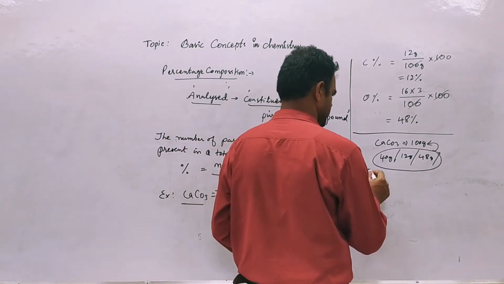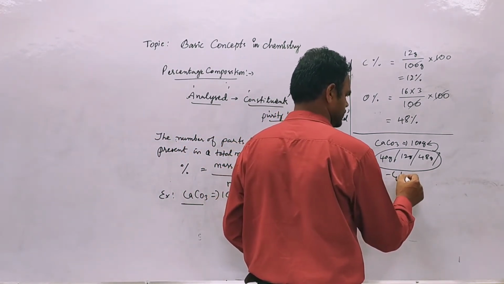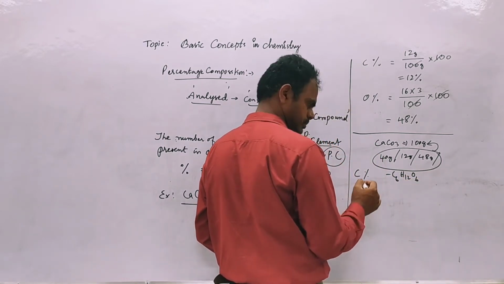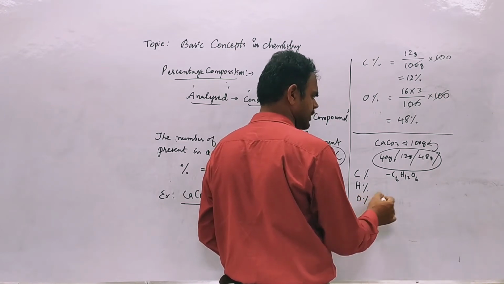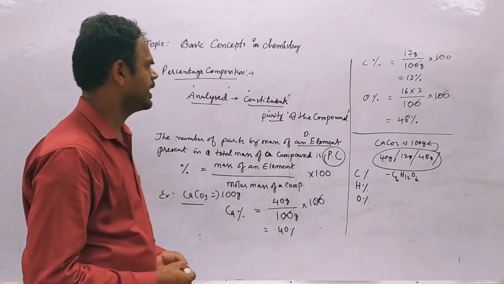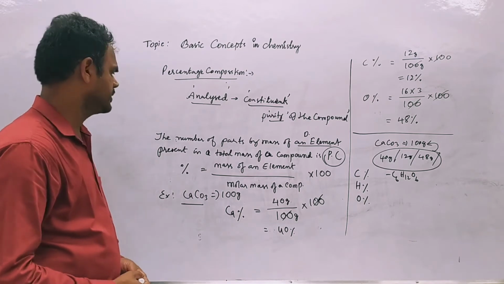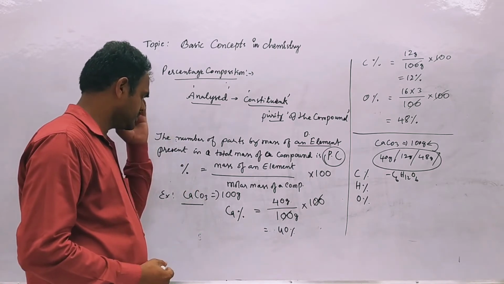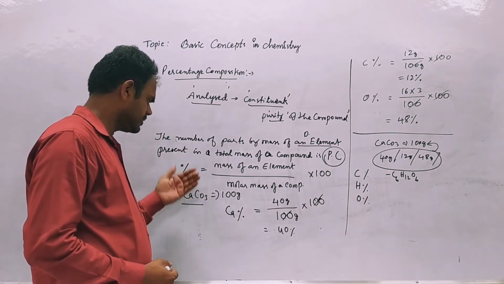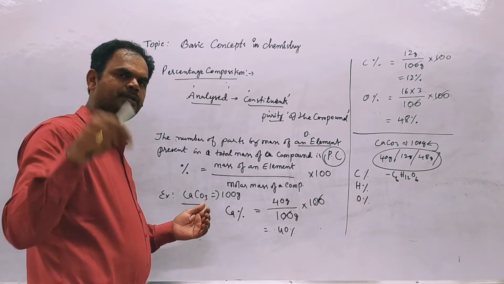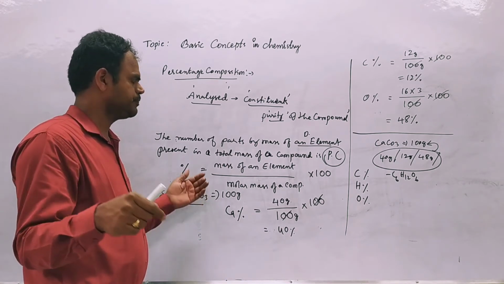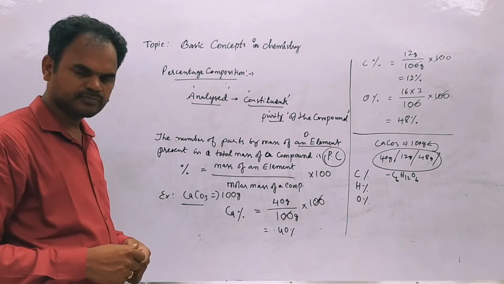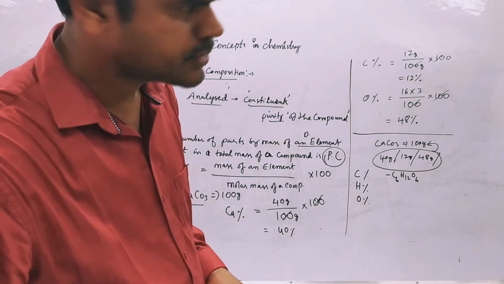Similarly, mass percent of the carbon in the glucose C6H12O6. You can determine hydrogen mass percentage or its percentage composition, and oxygen percentage composition in the glucose you can calculate. So this is the percentage composition. We can determine the mass percentage of each element present in the given compound. So based on this, we can test the purity of the compound. We can determine the constituents of the compound.